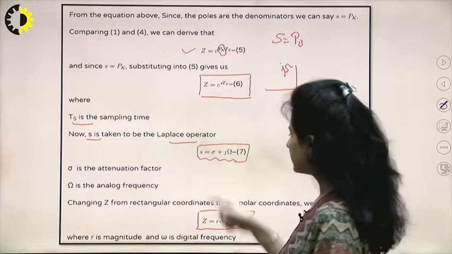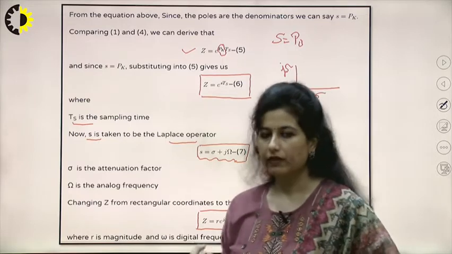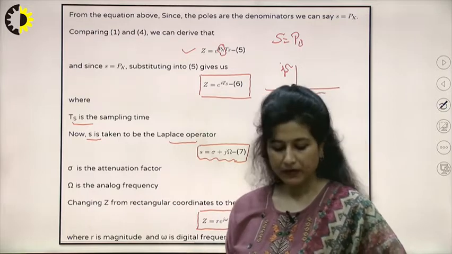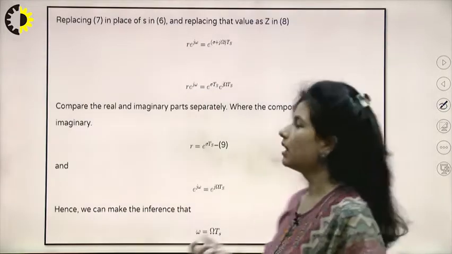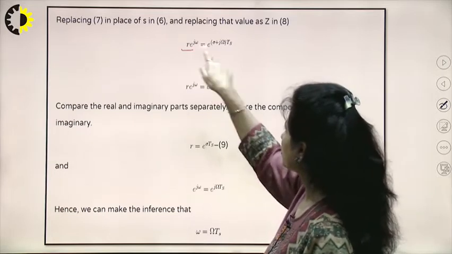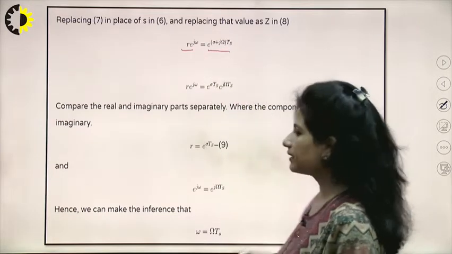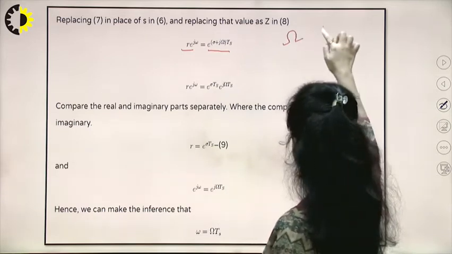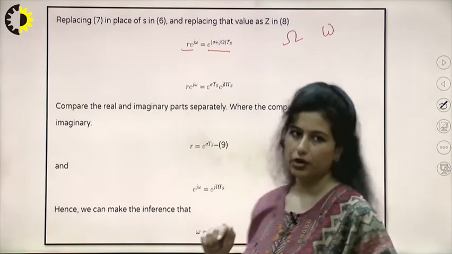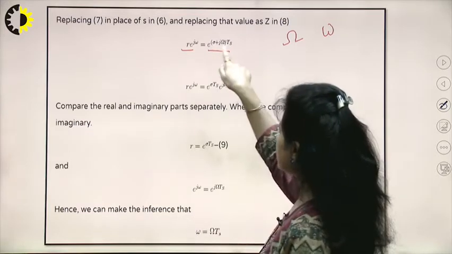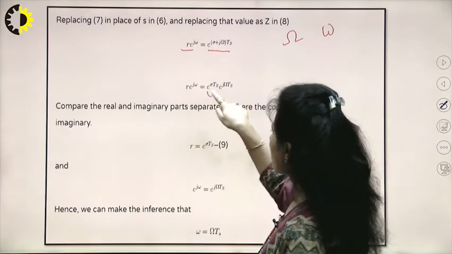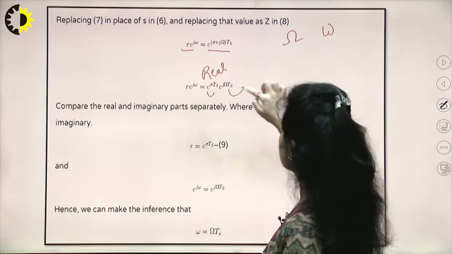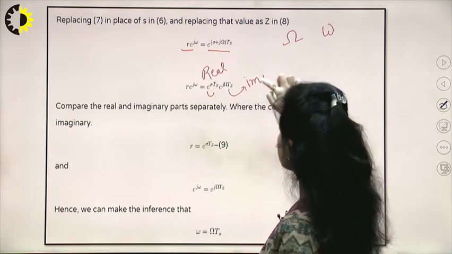So when both of these are poles, and whenever I perform a transformation, I am trying to map one pole from one domain into another domain. So I'll simply equate these two and try to simplify this equation so that I can find a relationship between the analog frequency and the digital frequency. So this has been expanded. I got two parts, one which is real, and the second part representing my imaginary section.